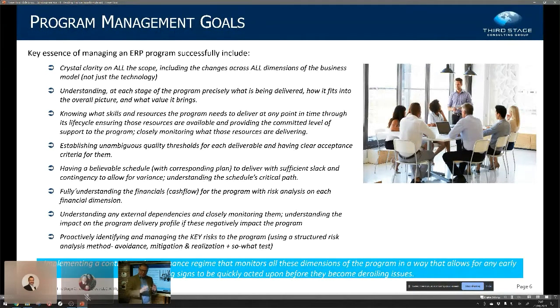ERPs and CRMs and HCMs, particularly in larger SMEs and Fortune 100s, are not projects. They are very, very large undertakings, and you need considerable clout and expertise, gravitas, to be able to deliver them. And it becomes difficult because you want to support colleagues, but there are some colleagues that simply can't make that transition. And if you don't have strength across your entire work stream management team, there's no question the wheels are going to come off it.